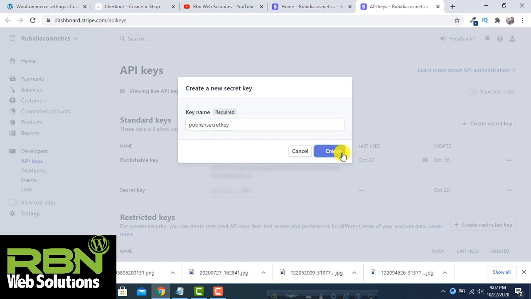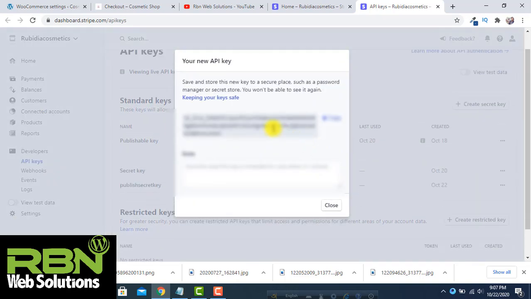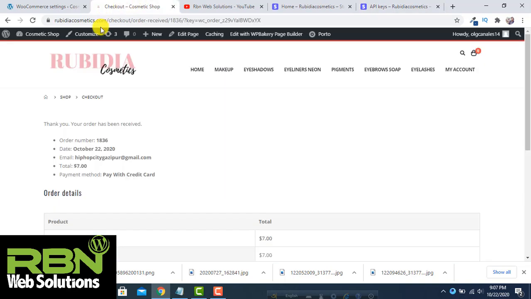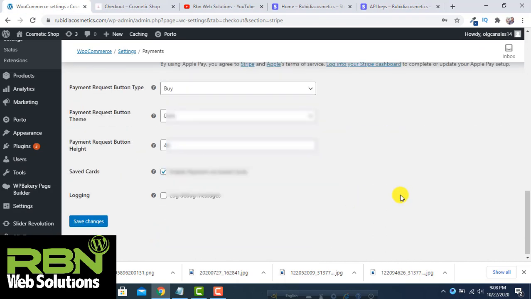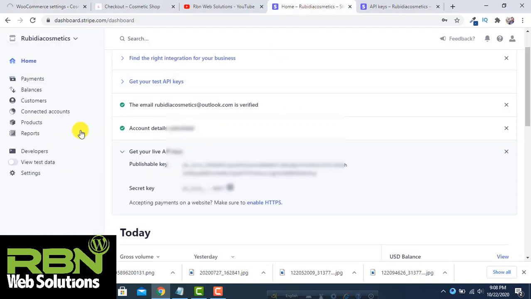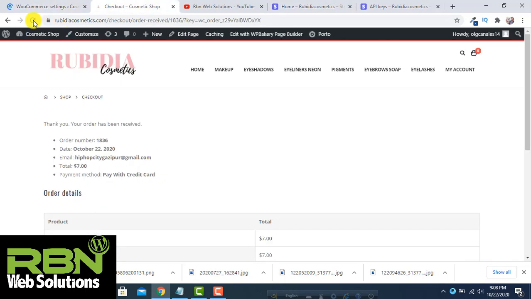We can put any key name, and then this is our key, and after that we have to paste the key here and save changes. You will get it here directly. Just click on here and paste it here, and then again reload.